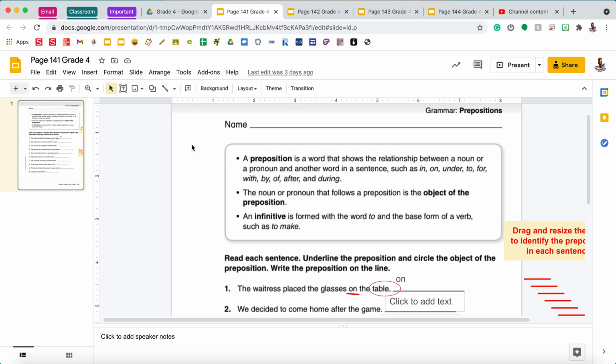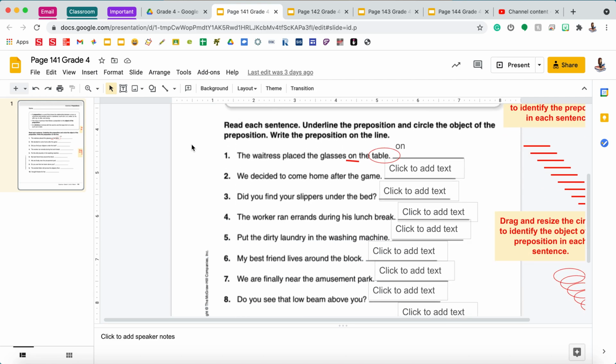An infinitive is formed with the word to and the base form of a verb, such as to make. On this page, it says to read each sentence, underline the preposition, and circle the object of the preposition. Then you are writing the preposition on the line. So there's 3 things you need to do for each of these. I already have the lines and circles drawn for you, and I did number 1 as an example